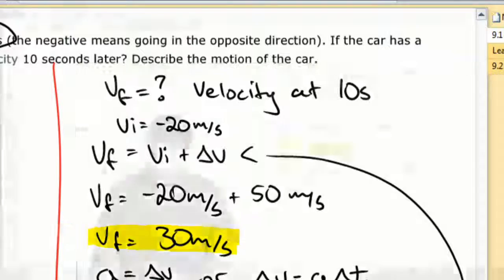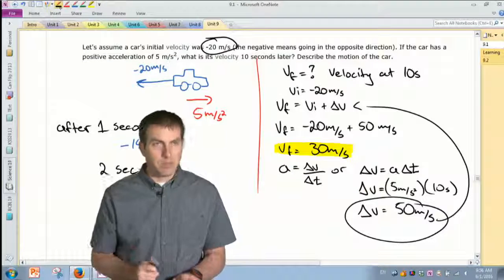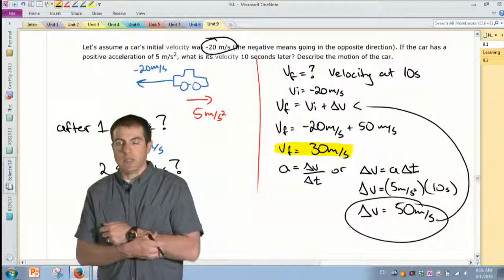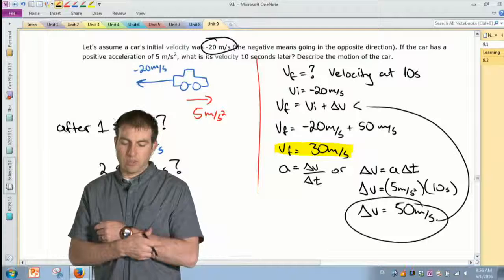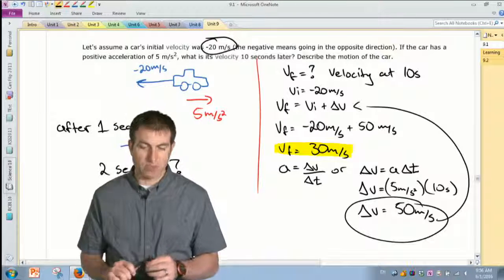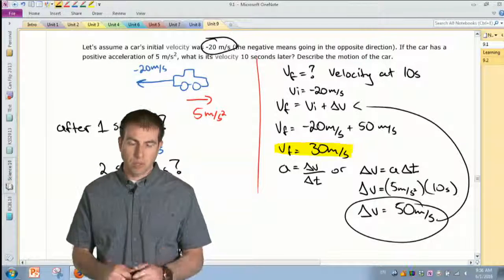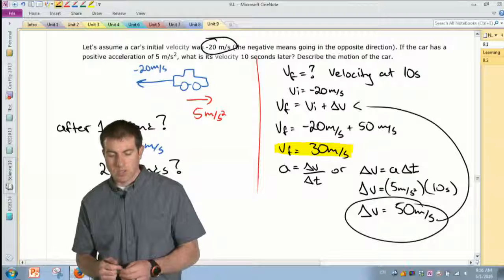Holy cow, Mr. Borden, that was a lot of work for one problem. Yeah, that's about as tricky as they can get, really. It's kind of a two-step sort of process. I can understand why you would get confused, Haley. First time you've seen a problem like this, we'll look at a few more, but it is confusing stuff.